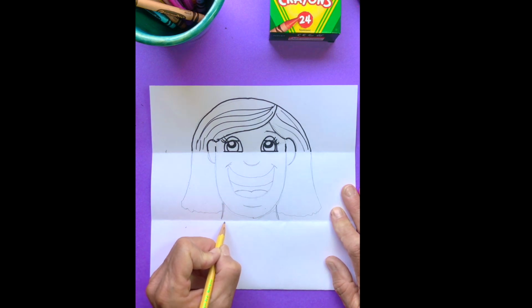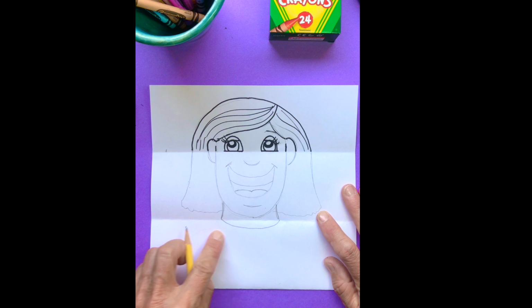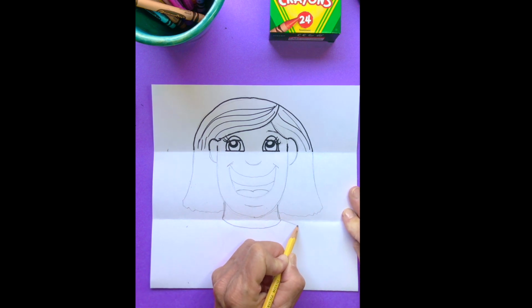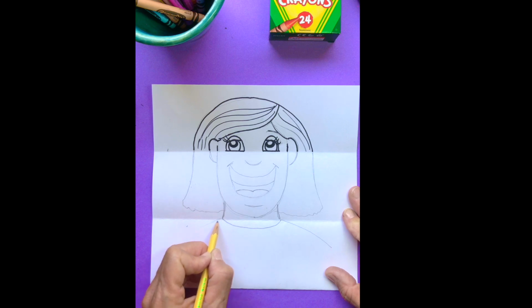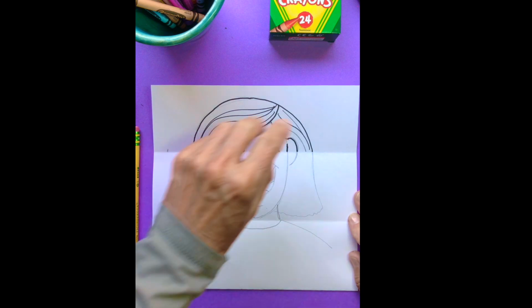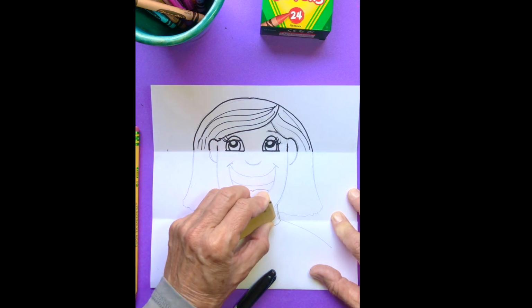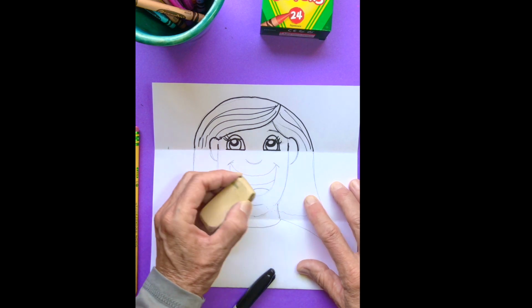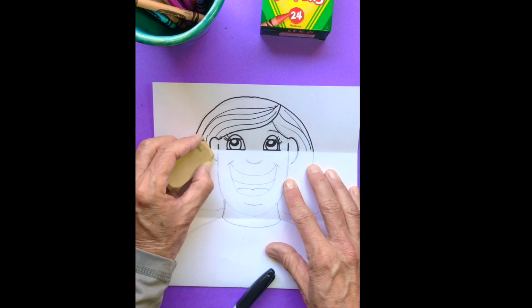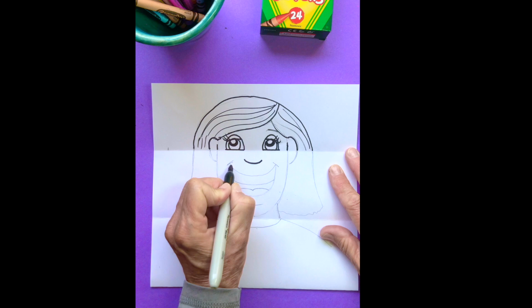Now the last part of my drawing here is I'm going to draw a curved line to connect my neck from side to side like I have a shirt on, and I'm going to draw a nice curved shoulder on both sides. Now I'm not going to make my shirt really detailed, I'm going to keep it pretty simple. But from here I'm going to get my marker now and trace over all the lines I want to keep. Now before I do that, I'm going to erase anything that I don't want to trace over. So I'm using my magic rubber eraser. You can use the end of your pencil if that works better. I'm just erasing anything I don't want to keep for later. And now I'm going to go over my lines